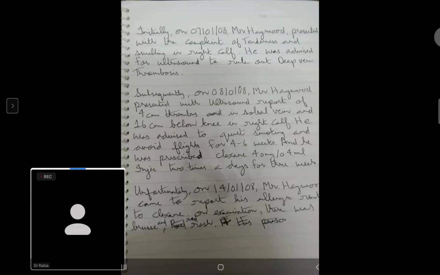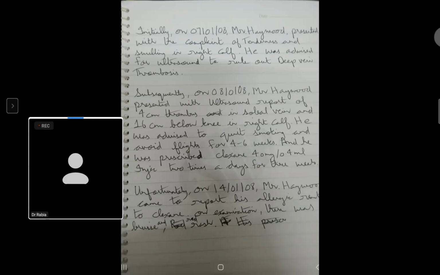Now the thing is, the order of the things here is incorrect. First, you should be writing his signs and symptoms, or whatever the report was, right? The order of the things is signs and symptoms, examination, right? I'm just revising it for you guys, all of you. Signs and symptoms, examination, then the results of the examination, then the investigation, the result of the investigation, the diagnosis, then the treatment, right? And at the end, advice. So the advice of quitting smoking and all should be coming at the very end, okay?